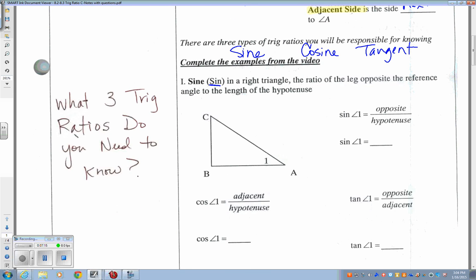And my little headdress here and this little acronym is to help you remember those ratios. I am Chief Sokotoa. Sokotoa helps you see your trig ratios and set them up correctly. So, the legend goes,